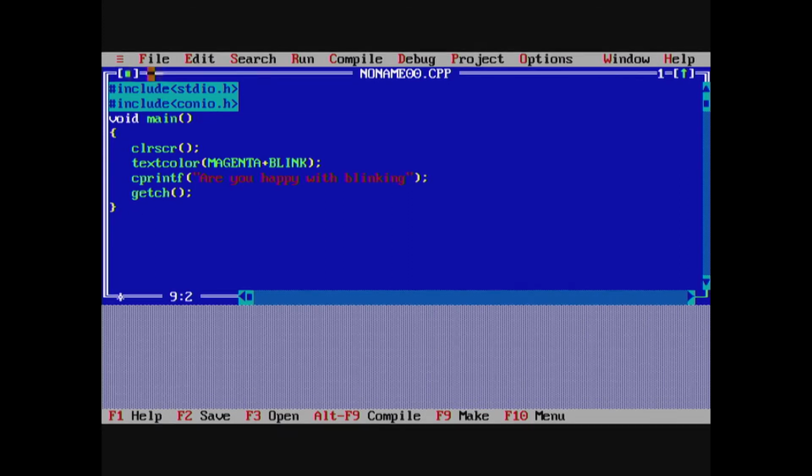This program is very much similar to the previous program. Here we also used the same textcolor function, but instead of passing only the color value as the parameter, we passed another constant, BLINK.